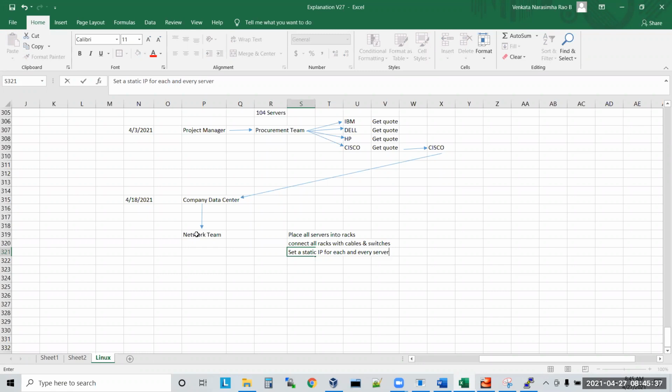Sir, without installing an OS, can I set a static IP? For management, yes. See, every server will come with some server OS actually. You can set up a static IP without installing the OS also.